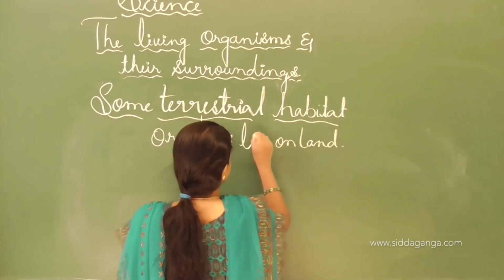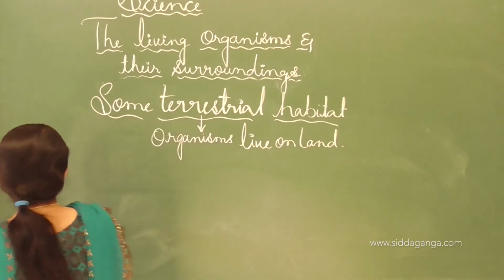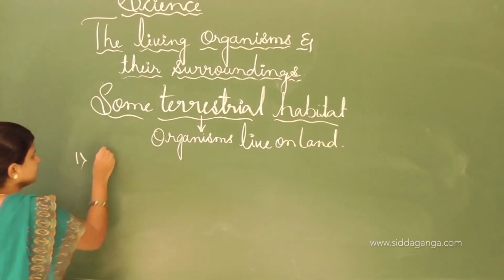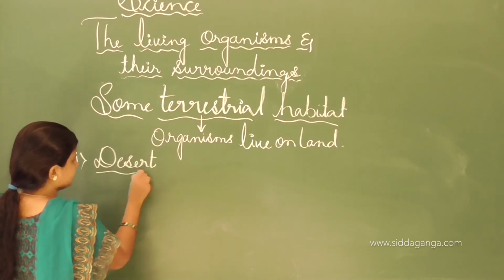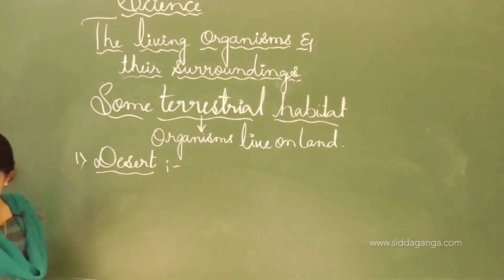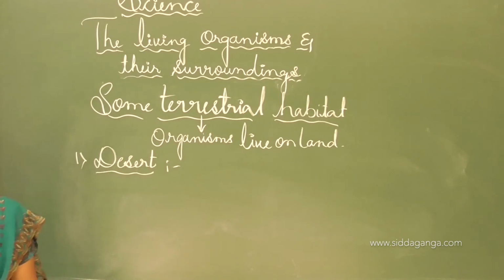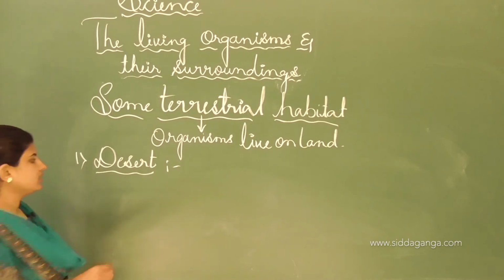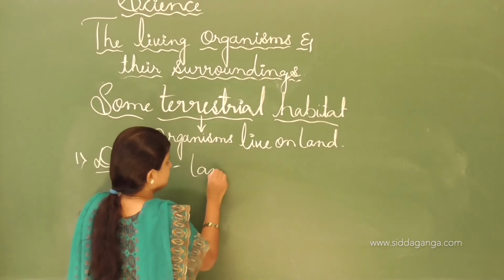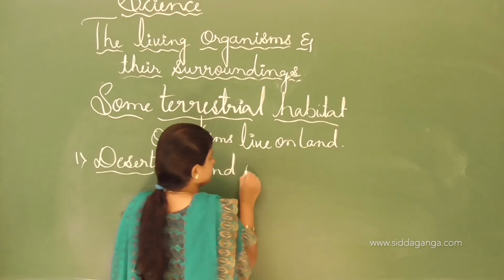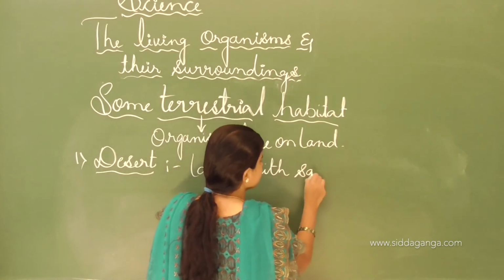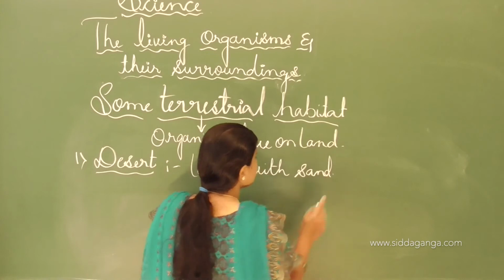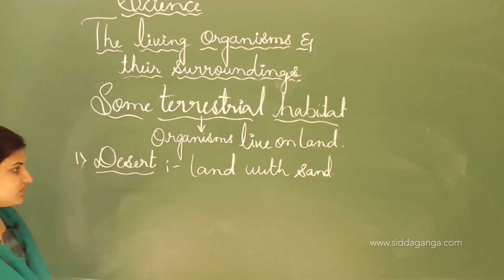These are called terrestrial habitats. These may include the desert. See, the first one is the desert. In the desert, the habitat includes land with sand. In the desert, usually we can see a lot of sand which is present in the desert